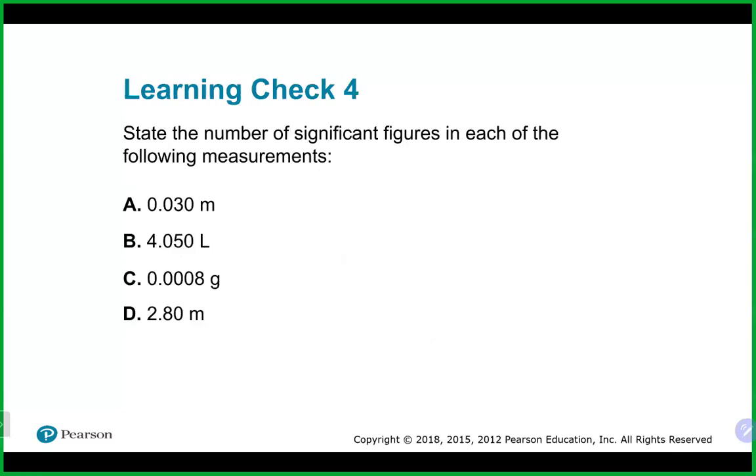All right, so for each of these, how many sig figs are we looking at on the first one? It does have 2. Again, we're going to start counting here. The 0 is going to be significant because of the decimal point, so 2 sig figs. Next one would